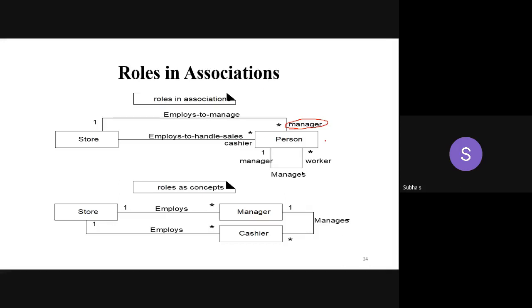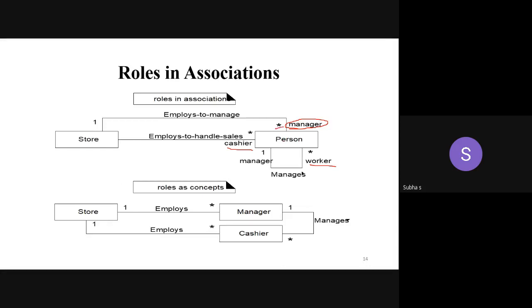Here you have the class called what? Person. The person can be a manager or a cashier or a worker. He is associated to whom? He is associated to store. Store, that is related to the next gen POS. Store or shop. So one store employs to manage how many people?